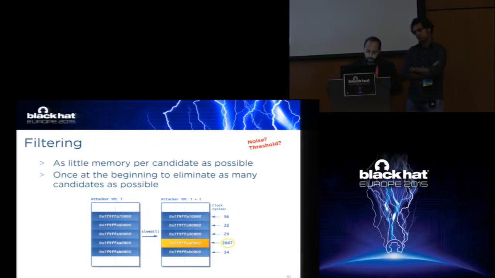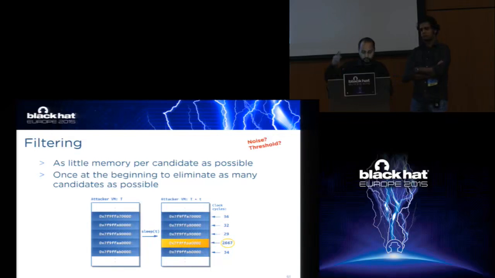Now, what we implemented is actually 2 types of rounds. The first round is a little bit different than all the subsequent rounds. In the first round, we have implemented a so-called filtering round. In the beginning, if you have a lot of guesses, the problem is that it will take a lot of memory. So assuming that the attacker has maybe just 2 gigabytes of memory, in the first round, called the filtering round, we allocate all the guesses adjacent to each other. We just assume that the probability that 2 adjacent base addresses are used in a co-located VM is low.